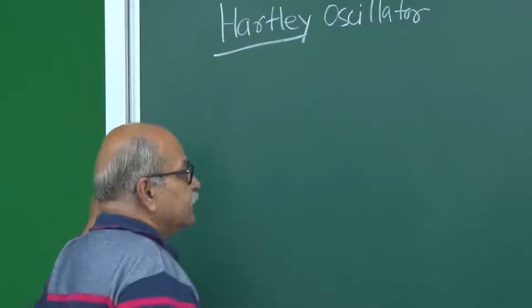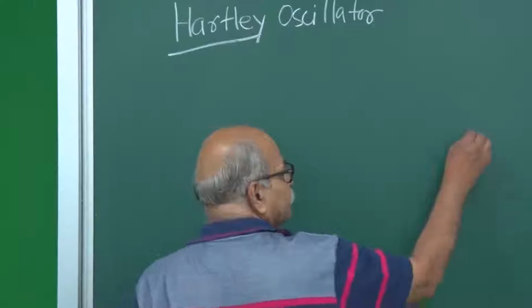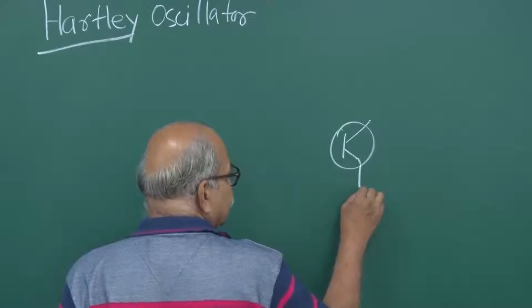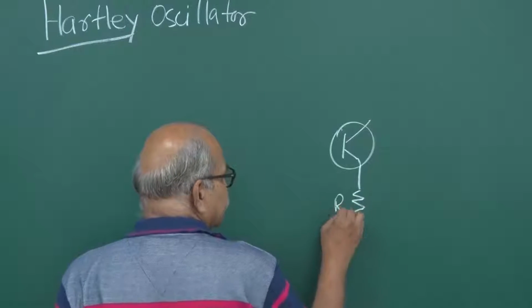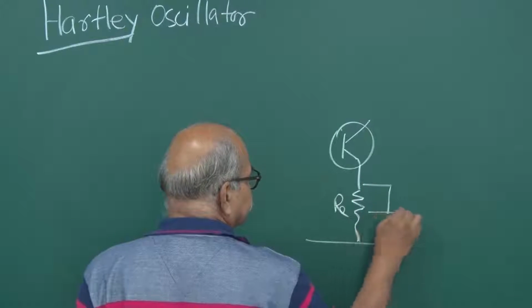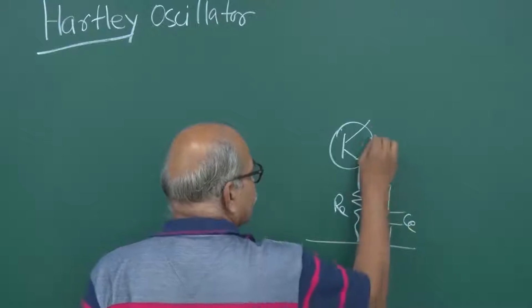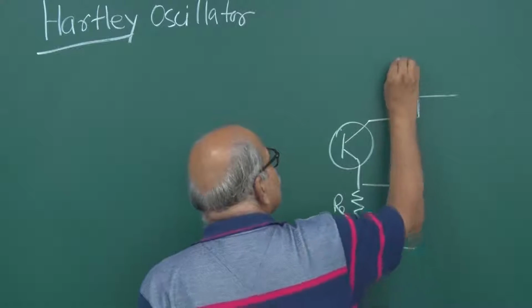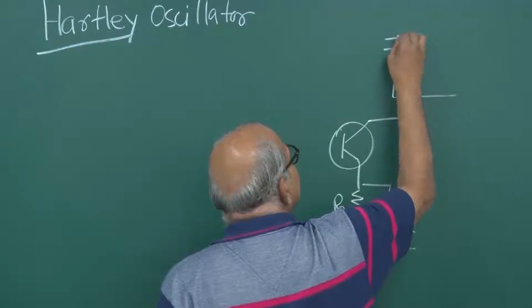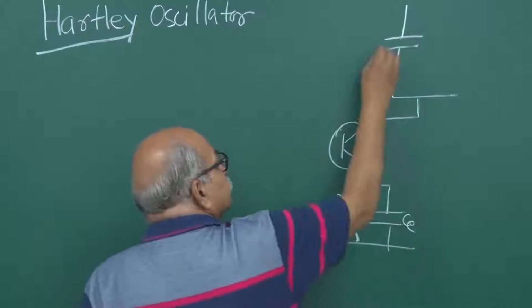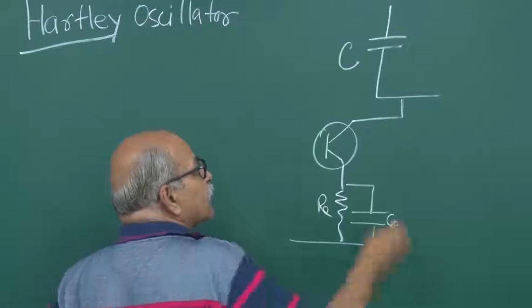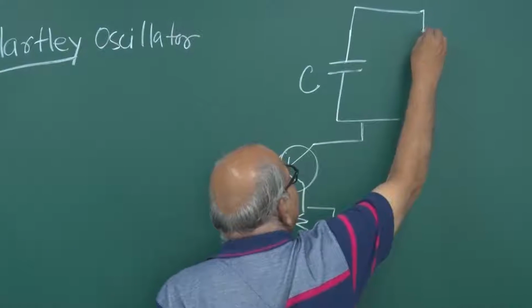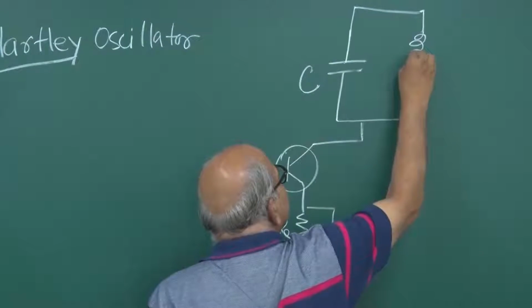In this you have that amplifying circuit, and in the collector part you put that tuned circuit where you have this capacitance, and then on the inductor side you generally have two inductors,